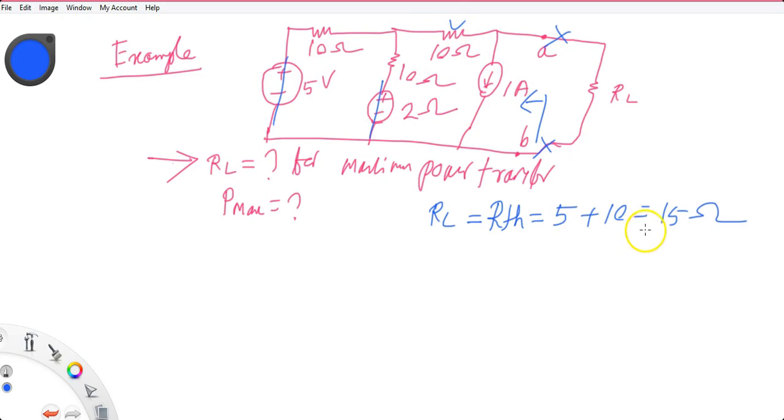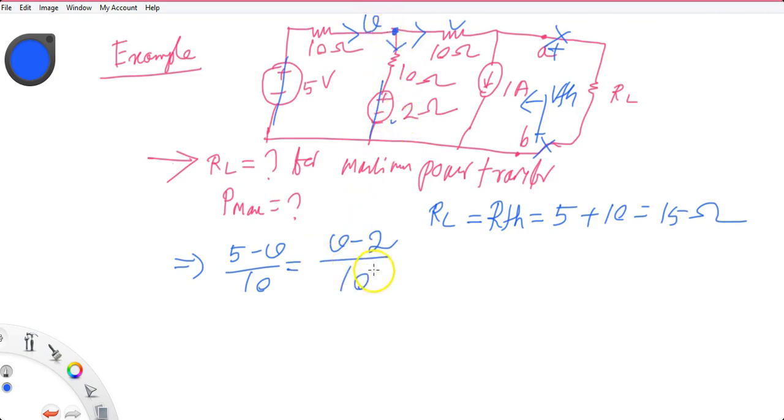Now next, you need to find the maximum power. To find the maximum power, you should first find the Thevenin voltage VTH. So the Thevenin voltage is here, same circuit I am drawing, let this be V and this is your VTH. So use KCL here: (5 minus V) upon 10 is equal to (V minus 2) upon 10,